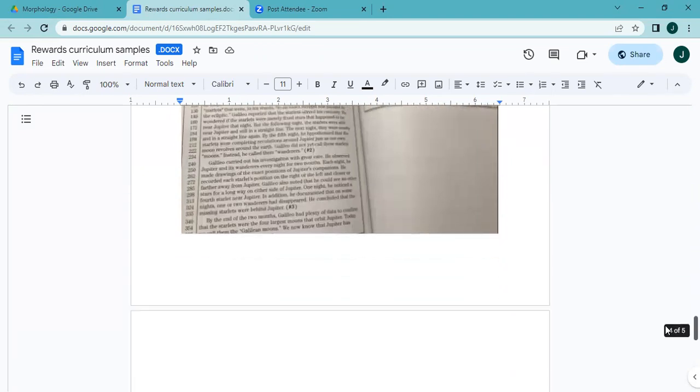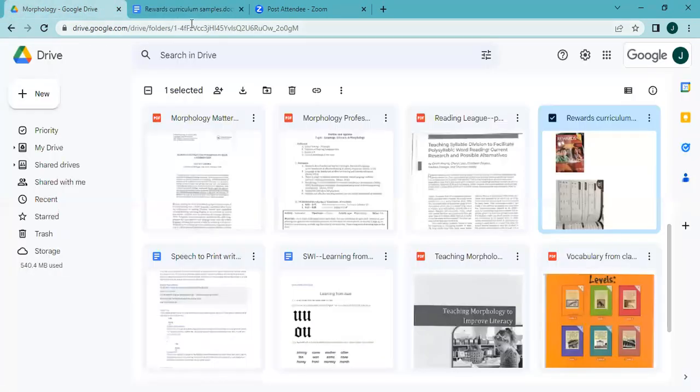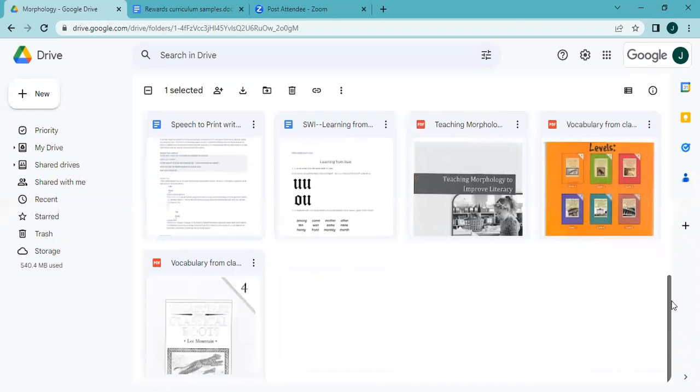And I do like that they have that connected text there. I don't have that. I just photocopied that from another educator who had it at a conference that I attended. Okay, and then this is